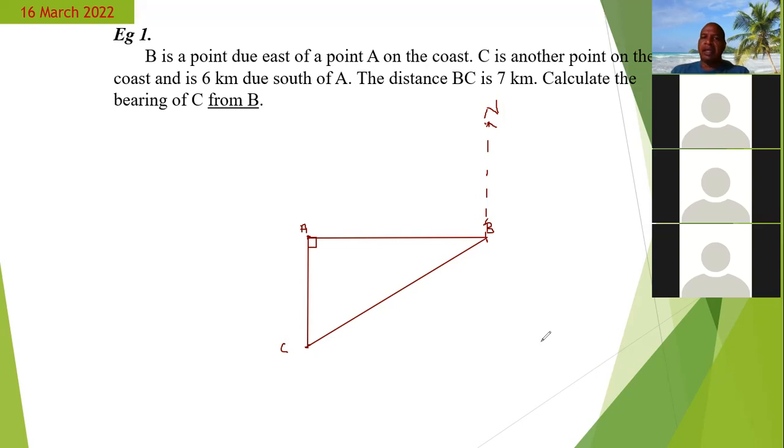And now we're calculating the bearings of C from B. Now remember, our bearings must be an angle measured from the north line in a clockwise direction. And because we're measuring the bearings of C, it means that we have to draw an angle from the north line to the line BC. All right, so the angle